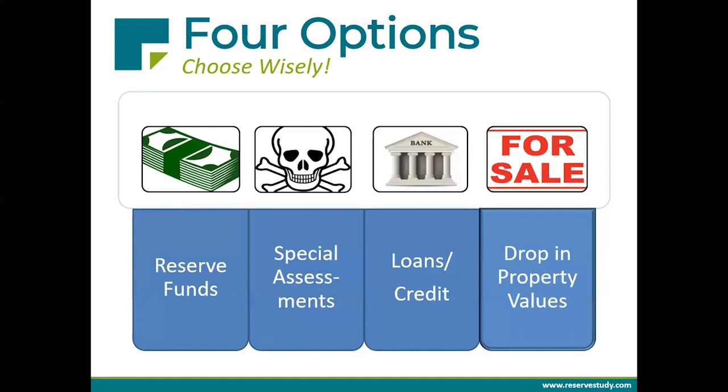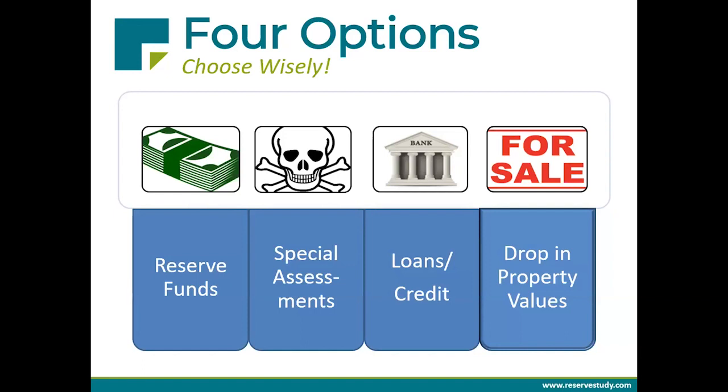Now, it should be obvious, and we do this intentionally, it's not a good thing when your second best option has this skull and crossbones kind of warning on it. And if you've ever been the manager of a community, a resident, or a board member in a community that has these ongoing recurring special assessments every time something needs to get done, hopefully you appreciate what I mean by that. It's a fairly toxic thing for a community to go through. The next best option after a special assessment would be to borrow some money, take out a loan or a line of credit to pay for these projects and then pay them back through the operating fund.